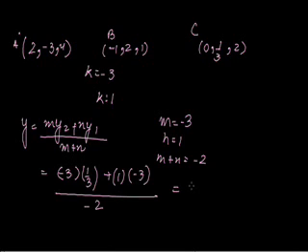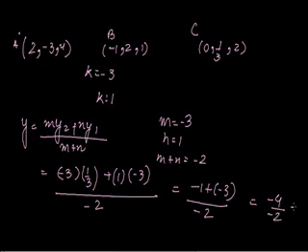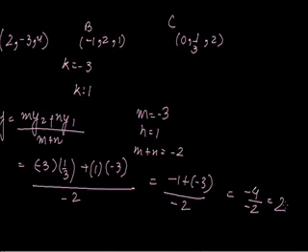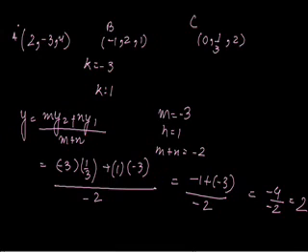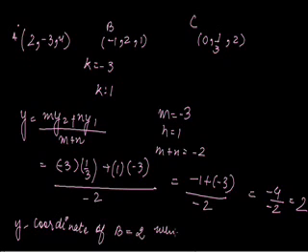So it is equal to minus 1 plus minus 3 upon minus 2, which is equal to minus 4 upon minus 2, which is equal to 2. Is it satisfying the coordinate of B? Yes, it is satisfying. The y coordinate of B is equal to 2, which is the same as calculated. So that means this is true that A, B, C are collinear points.